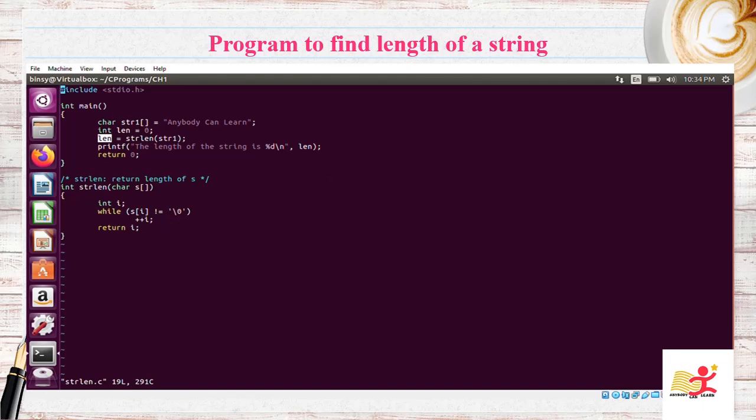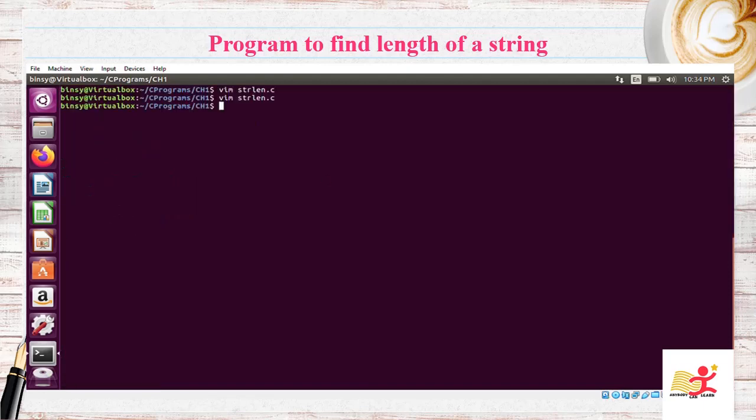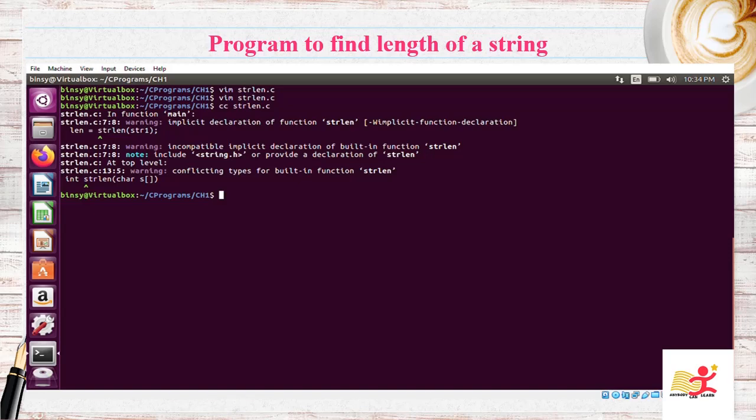So now let's see the results. Compile it. See, it's giving many warnings like implicit declaration of function strlen and incompatible implicit declaration of built-in function. There is already a built-in function called strlen, and we have used the same name as that function.